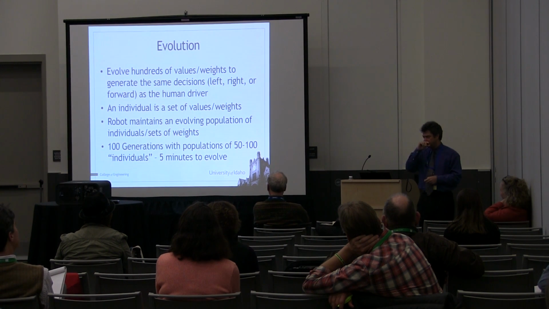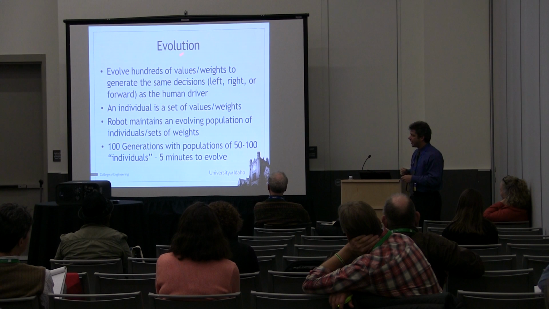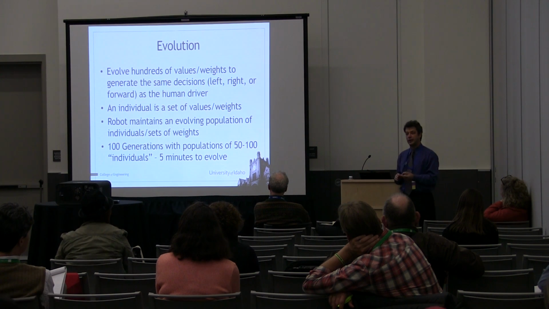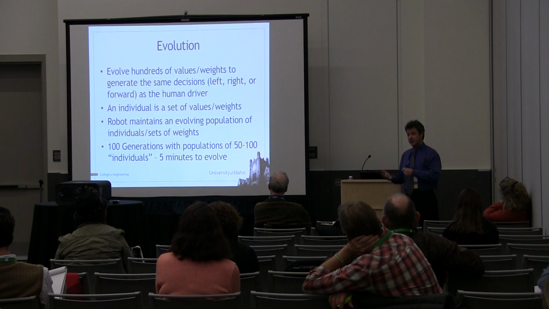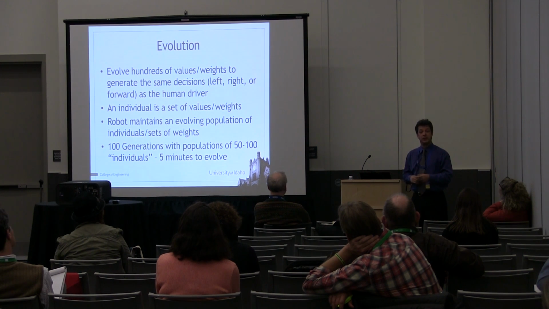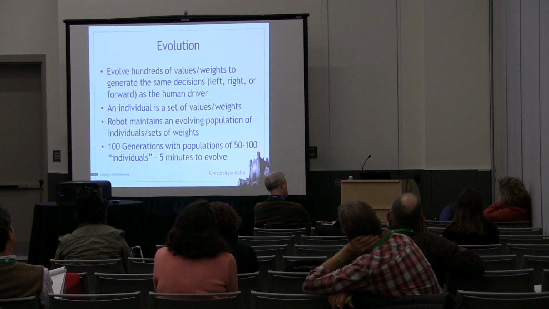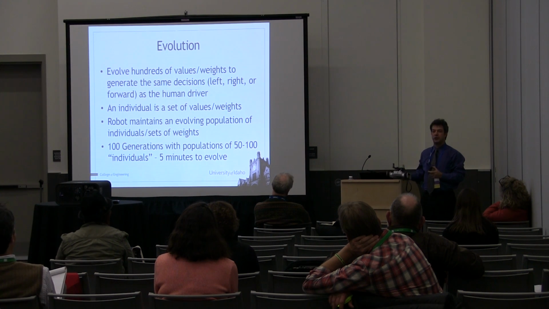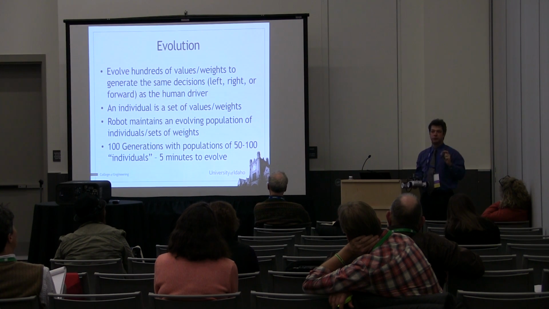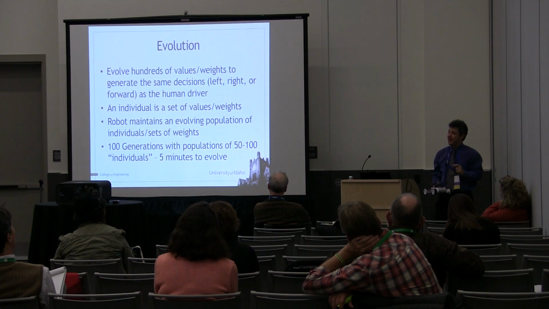And so there was a question at the beginning of the day about evolution versus learning. If I wanted to be very precise, and I'm not always, so I'll try to be at least for a minute here, what I would tend to say is that the behavior is evolving, because it's the behaviors that are being selected, and there's a whole population of behaviors. In a sense, the robot is learning, so it's learning by running evolution, would be one way to look at it. I'm not sure that's the best, but